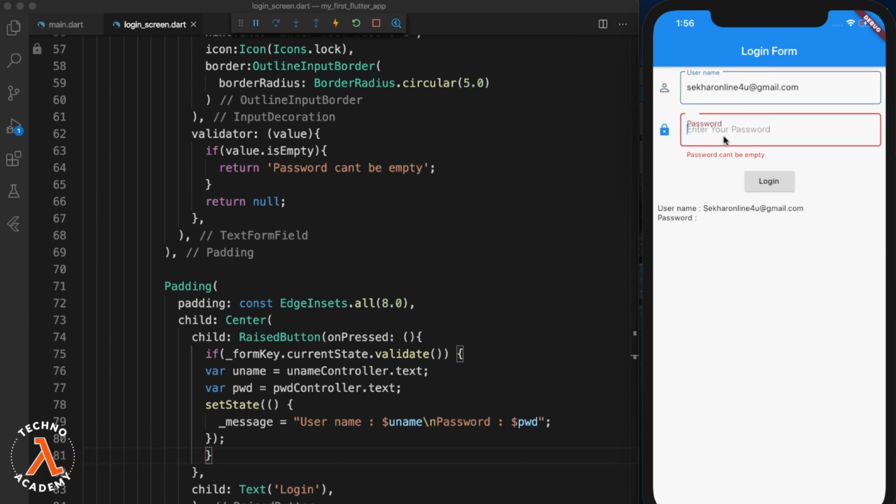So let me update the value for the password also. And once again, let me click on the login button. We can observe currently no errors are displayed. And also we can observe the values we have provided as username and password are displayed properly.